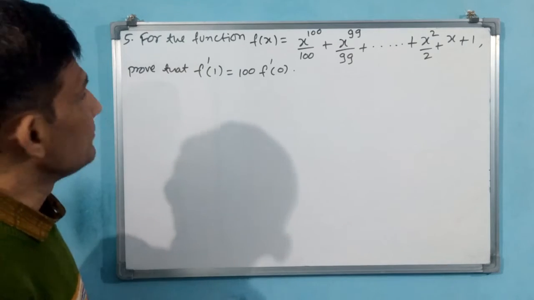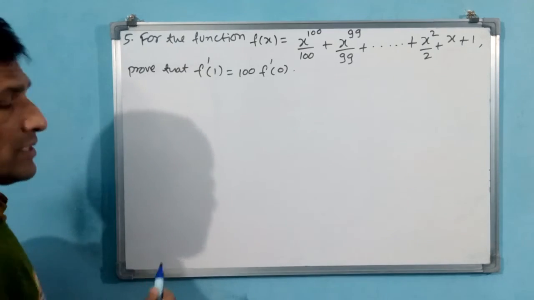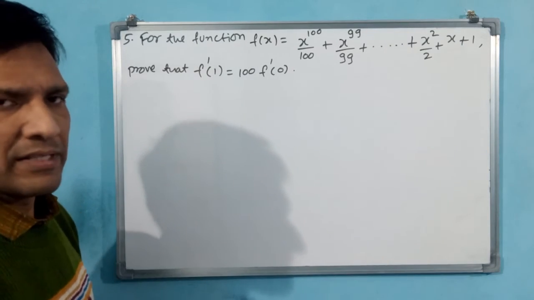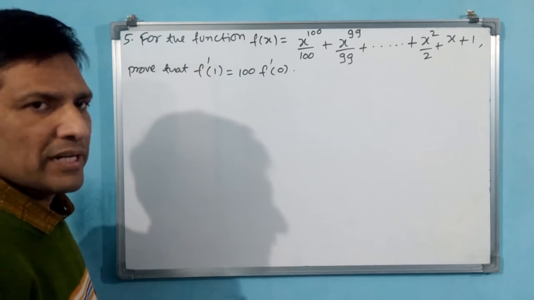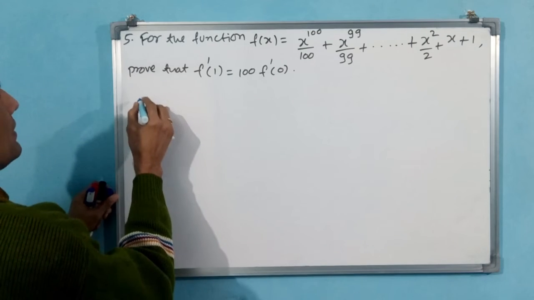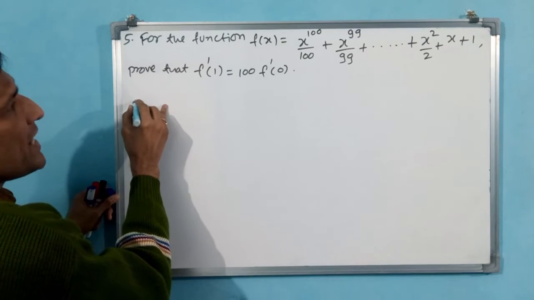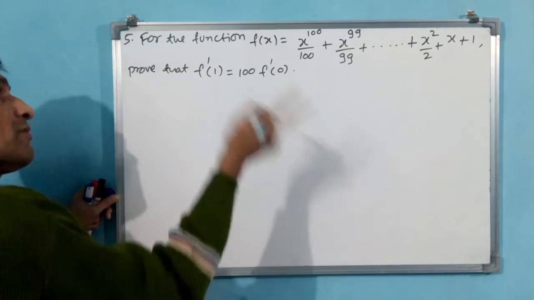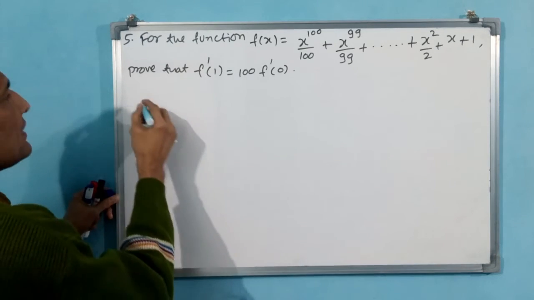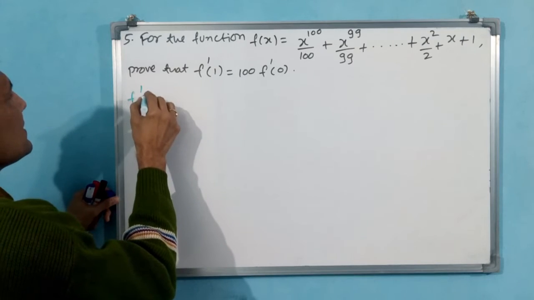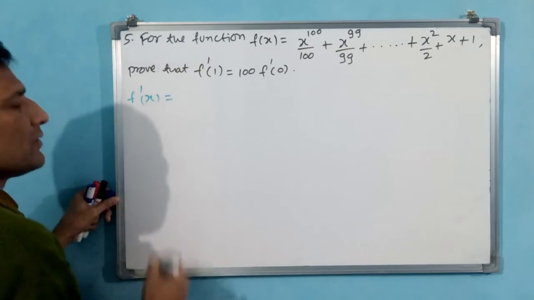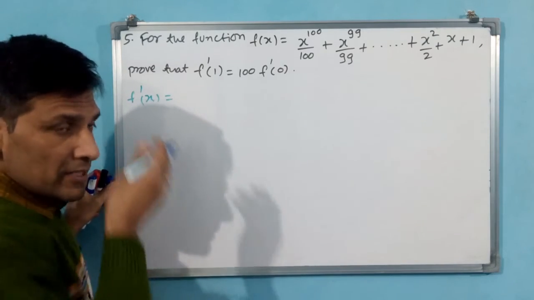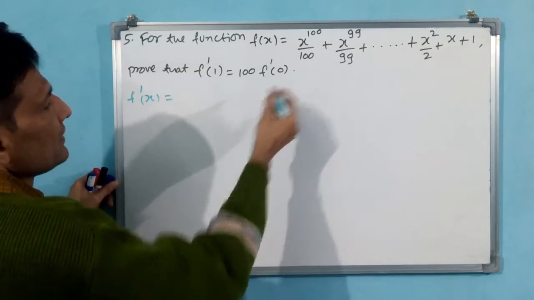Okay, observe carefully. See now, the n into x power n minus 1 formula we can apply directly, because this is not first principle or something like that. See what I am doing. Directly I am writing f dash x. Let us find f dash x, then we will find f dash 0, then f dash 1. f dash x is equal to, how I am finding, n into x power n minus 1. Okay. See here what I am writing.